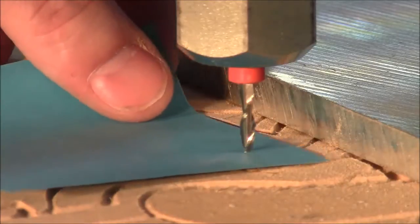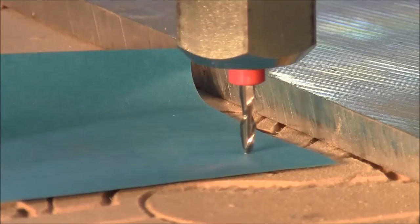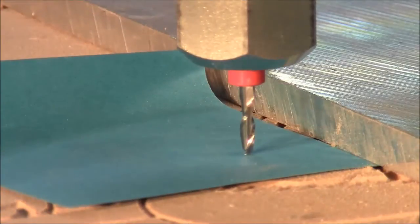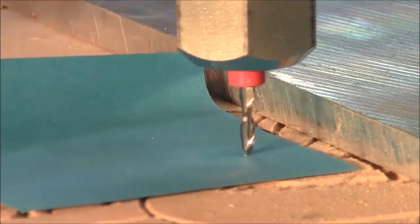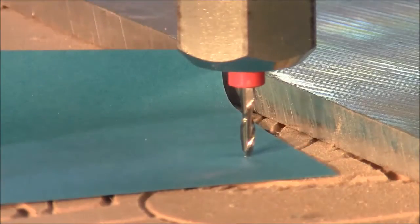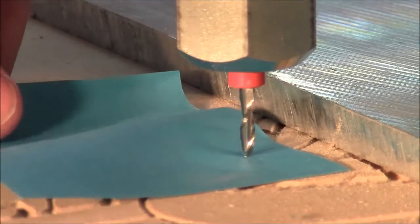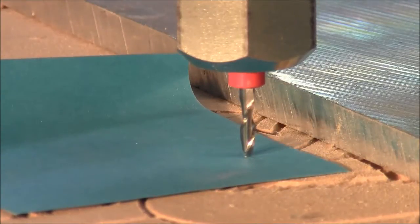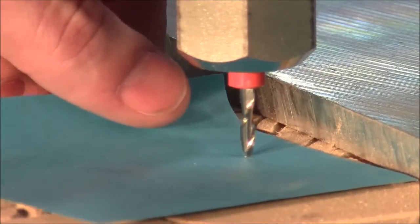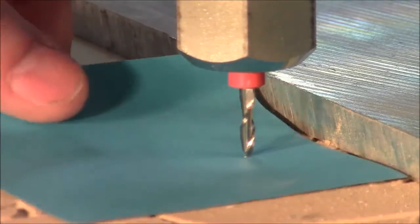So we take a little strip of paper and we get close, and we just inch down very carefully, very gingerly, very few steps. I know I'm a little ways away right now, so I'm moving in bigger chunks, but basically moving it like 1,000 at a time until we feel the paper starts to kind of grab just a little bit. I can feel it kind of grabbing right now, just barely. So we're going to give it just a little bit more. One more,